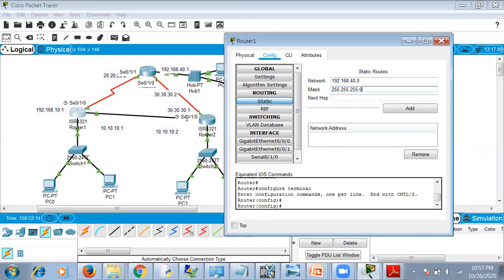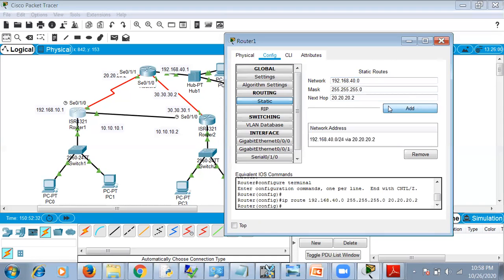We have two hops. So you can give this address as the second router. This is third router and the router 2. The next hop address is, okay. This is one route. We have one more route.